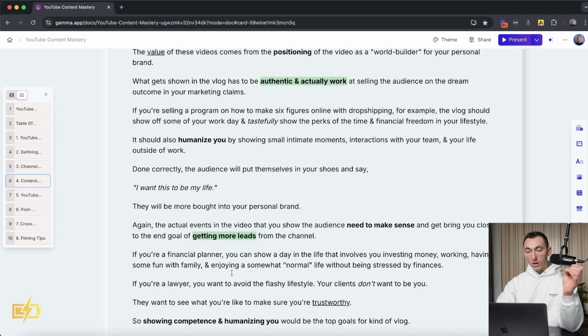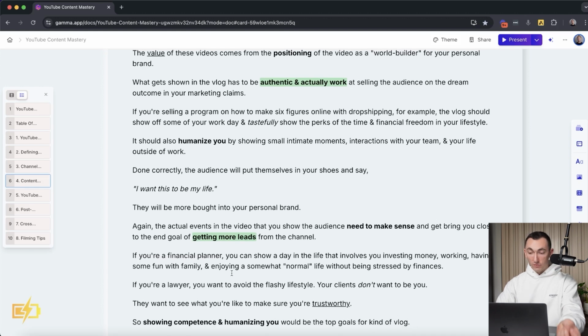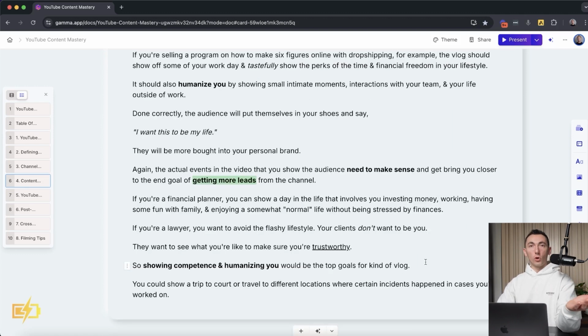If you're a lawyer, you definitely want to avoid the flashy stuff. Your clients don't want to be you. So that's not going to work. They want to see what you're like to make sure you're trustworthy. So this should really humanize you. There's really no room for flexing at all in a lawyer's marketing as far as I'm concerned. So a trip to court or travel to different locations where certain incidents happen that are relevant in cases you've done,